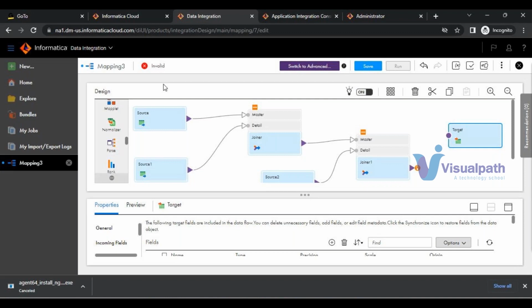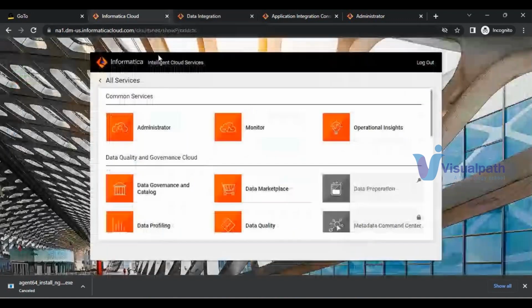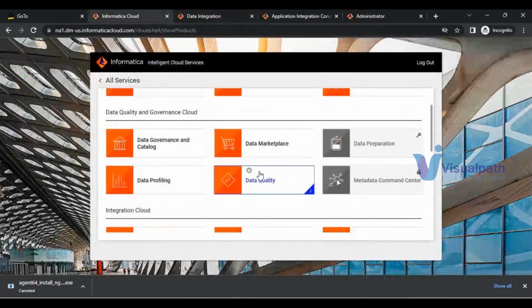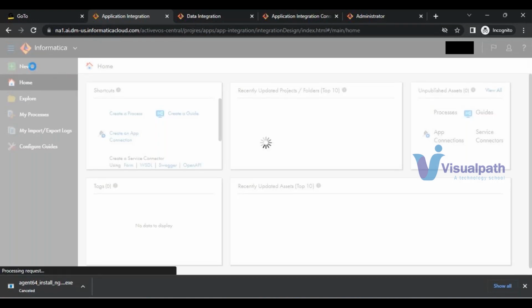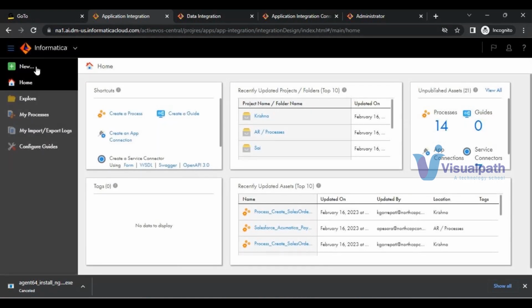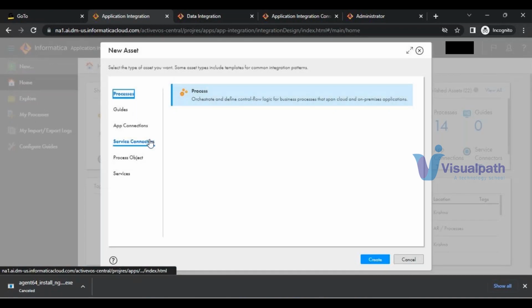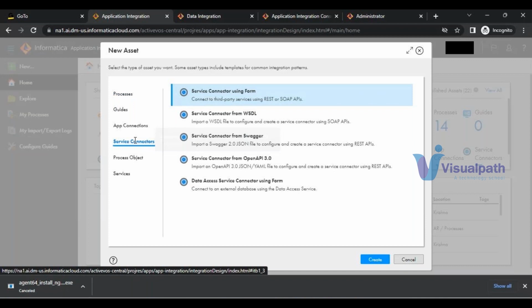To achieve that, we need to have the API connection, right? Yes, we should have that. Just a second. This is the application integration service. Here, if I click on New, to connect to any third-party APIs in Informatica Cloud, we have one concept called service connector. This is the service connector. If you click on create,